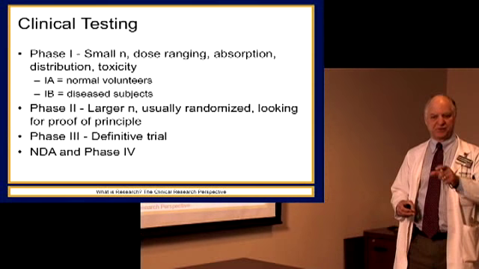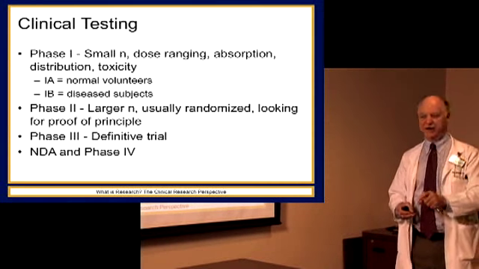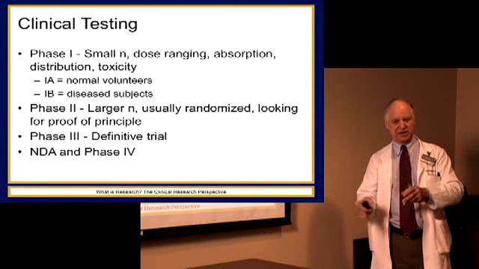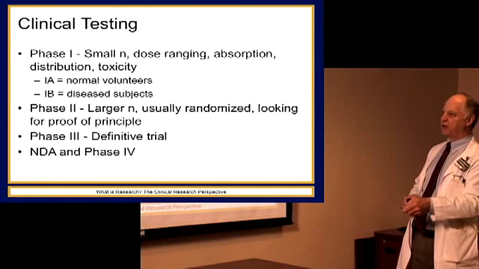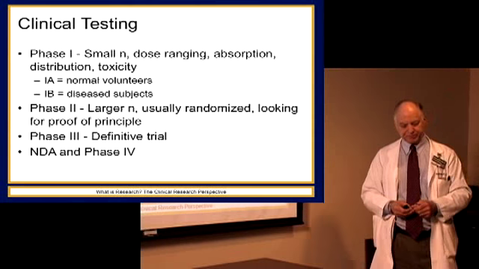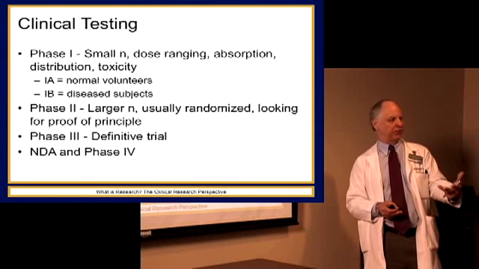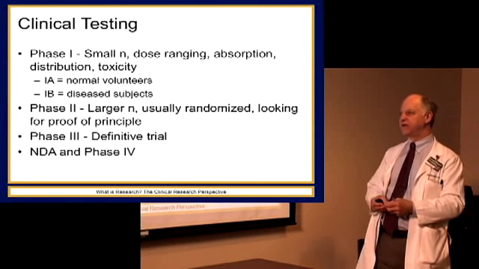You might do a phase 2 and find out, well, we didn't dose quite long enough, or we didn't dose quite high enough, or we had to exclude certain kinds of patients because they didn't do well in this study for whatever reason. All of those things are part of this proof of principle that leads to the phase 3 definitive trial. And then that trial is usually what is used to go to the FDA and get approval, new drug approval, and get a license to sell that drug.